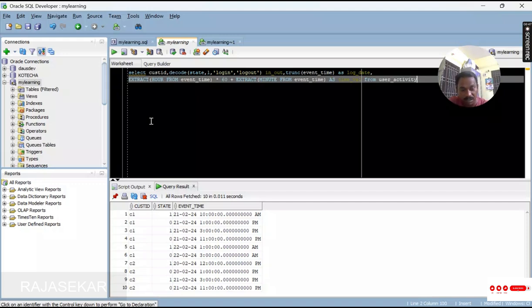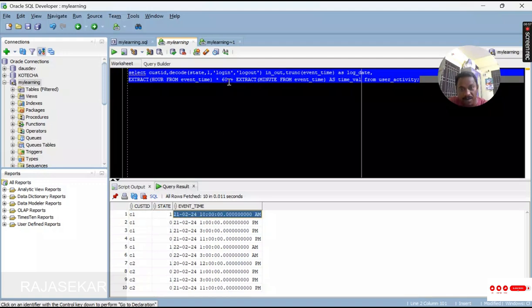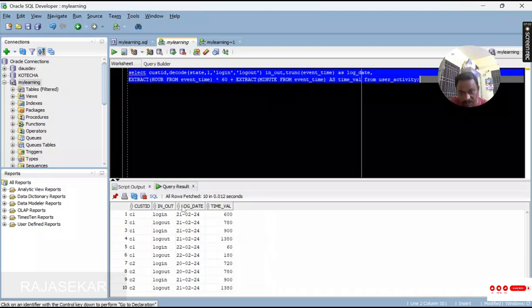So this is the first activity I have done. This is my input: customer ID, state, and event time. Here is how I am transforming this input first. The customer ID column remains the same. Wherever state 1 is there, I am renaming it as login, and wherever 0 is there, I am changing it to logout, and from the timestamp I am separating the date as